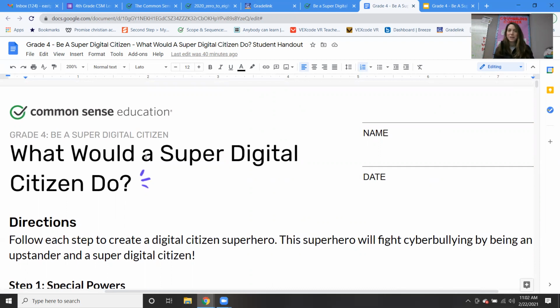And have fun with it, because it's giving you some time to really think about, how can I not just be a good digital citizen, but how can I be a super digital citizen? Somebody who really, really cares, and they're an upstander. They don't just care about themselves, they care about other people, right?